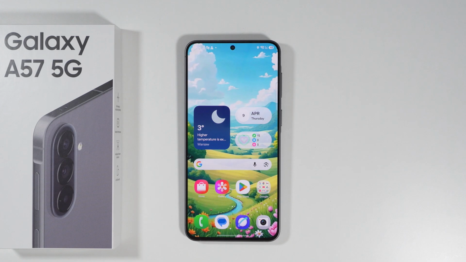If you want to use Interpreter for real-life conversations on Samsung Galaxy A57, then unfortunately there is no built-in option that allows you to do so. Simply, there is no built-in feature on this phone. However, what you can do is use free third-party apps. Actually, just one app is enough, of course, and that allows you to use the live translator or interpreter